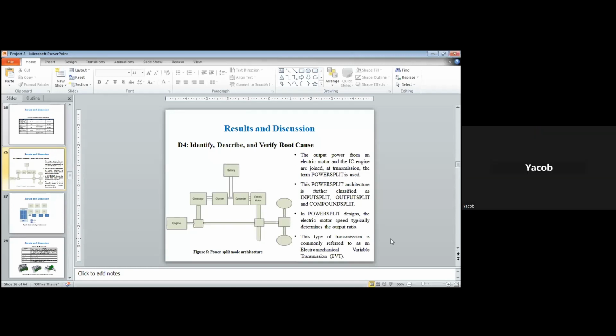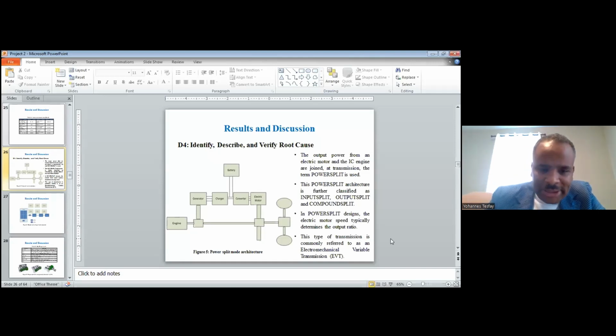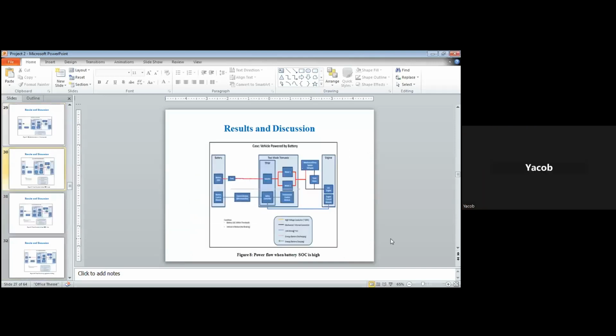Okay. This is a conceptual model. This is just a conceptual model that you are going to tell us about. So here, it's in the